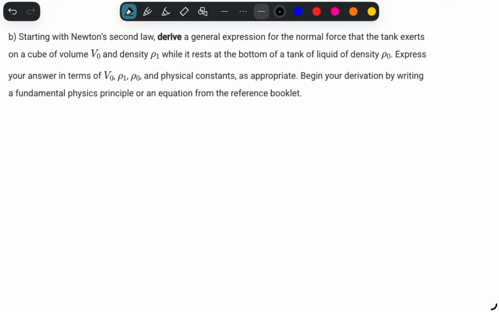Now, starting from Newton's second law, derive the general expression for the normal force that the tank exerts on a cube of volume V initial and density rho 1 as it rests at the bottom of the tank with a liquid of density rho. Now, let's list all the forces that are on the cube. Well, the cube is going to be at rest, so acceleration will equal 0. You're going to have a downward force of gravity, an upward force on the cube from the liquid, using Archimedes,